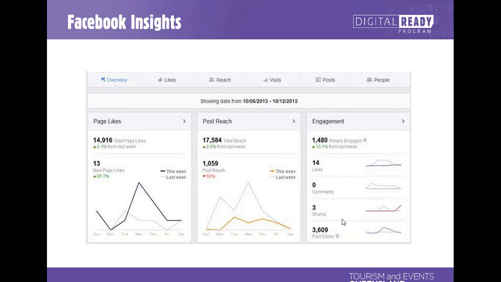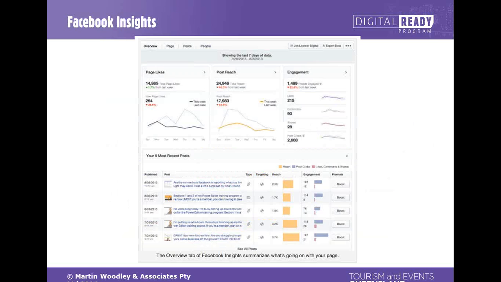We don't want our post to sit there and have nothing happen to it, because then it will not last very long in people's news feeds. The more likes, comments, shares you can get for your posts, the better. So this kind of information can tell us what kind of things people are likely to do something with, and maybe give us some ideas for similar or related posts as well.